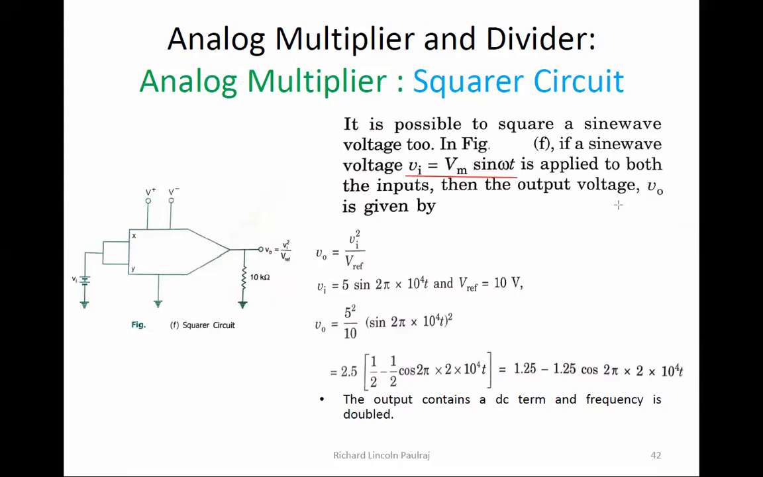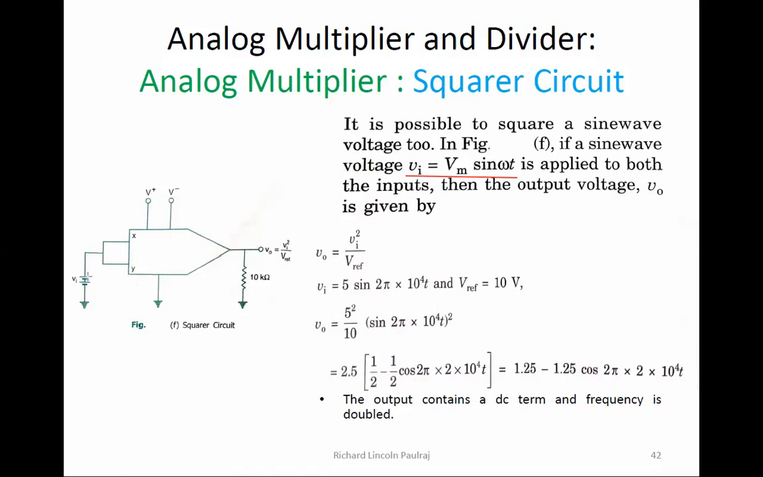So this is the normal format of any sine wave. Vm is going to be the amplitude, and sine omega t. This is going to give me the angular information, and this is going to give me the amplitude information. So if Vi is applied to both the inputs, then the output voltage V0 is given by